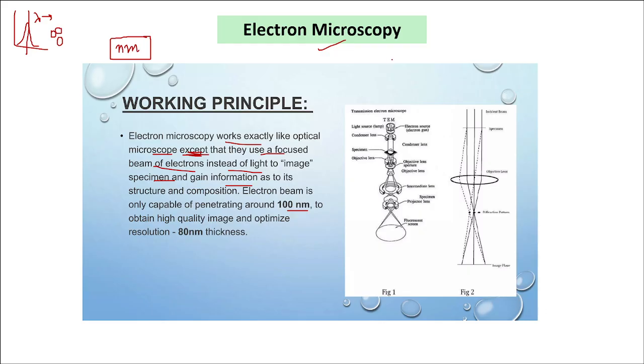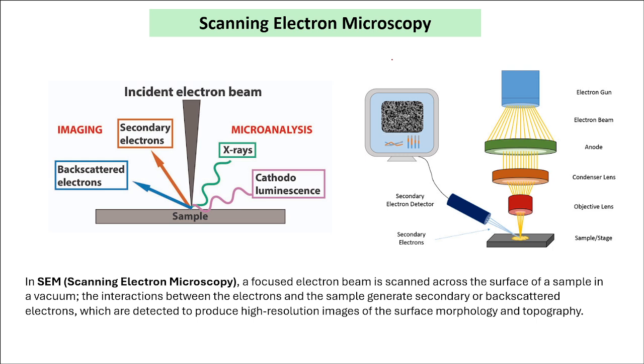So this is, I would say, the layman language for explaining what exactly is electron microscopy. Now, there are two different techniques which are mostly used when we talk about electron microscopy, and the first one is scanning electron microscopy, right? Now, what happens in scanning electron microscopy? So, this is your sample. This is the stage, and then you put your sample here.